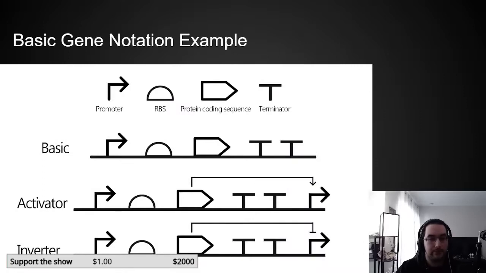So here's an example of this. Like I say, promoter is the bent arrow. A ribosome binding site is the sort of hemisphere or the half circle. A protein coding sequence is the boxed arrow, and a terminator is a T. So in a basic case, you'll show the promoter, you'll show a ribosome binding site, because it's also important that there's hundreds of different promoters. There's hundreds of different ribosome binding sites. There's millions of different protein coding sequences. So when you're trying to convey this information or you're trying to understand information that's in a paper,